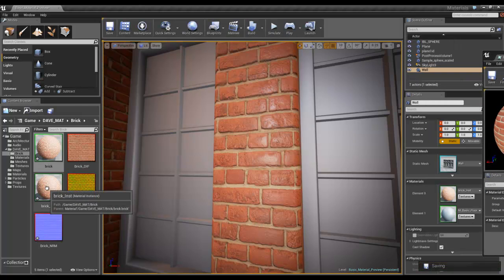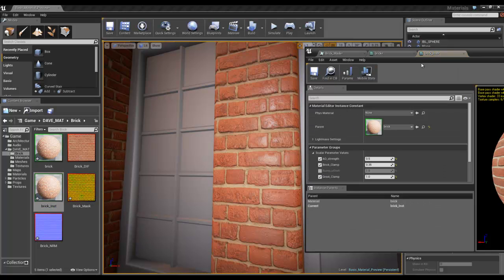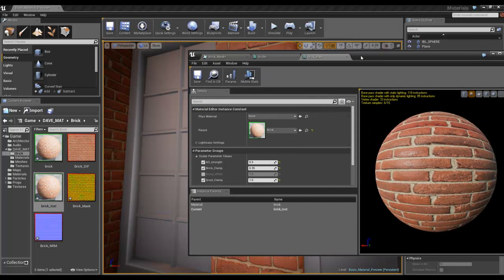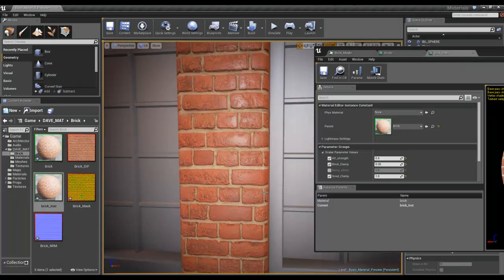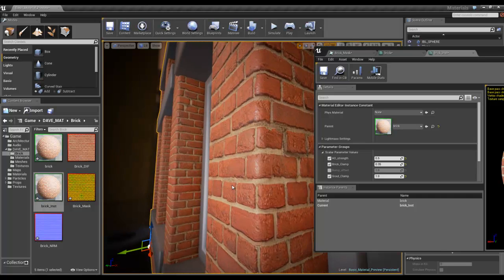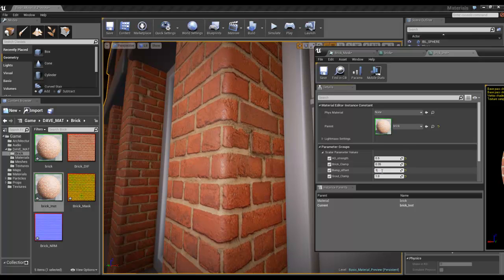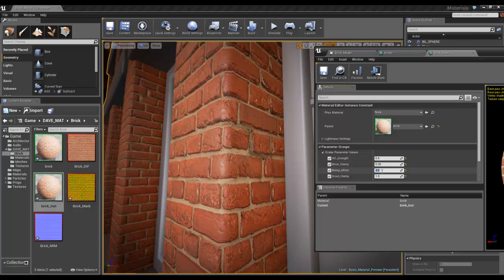and if we open the instance up, there we go. So we've got our instance there. Let's have a look at this. So this is what it looks like with none. This is what it looks like with set to 1. If I set it to something like 2, it's very bumpy. I think it's starting to break. Set to 1.5,